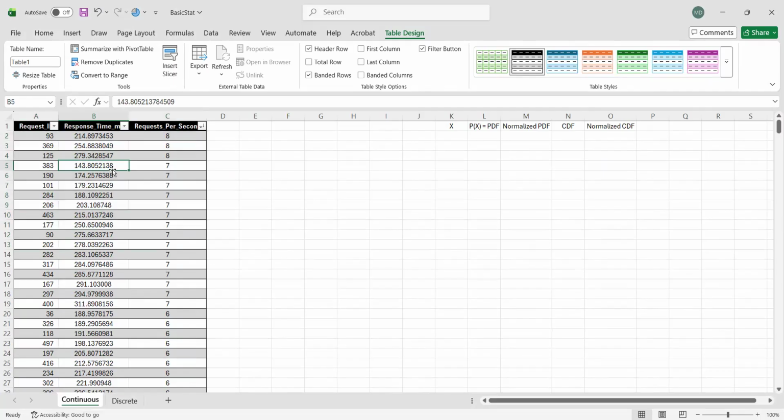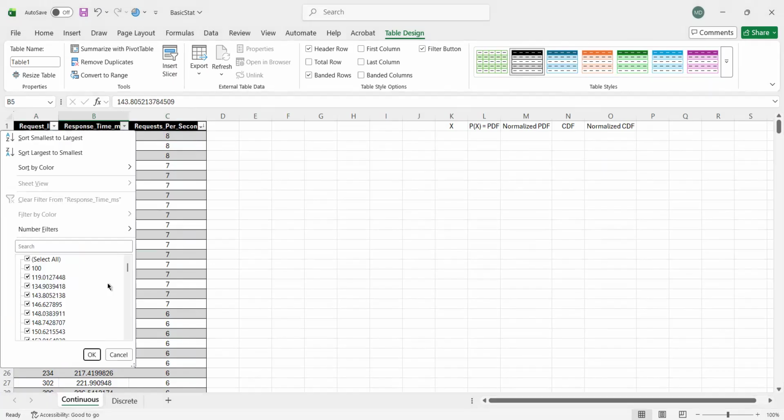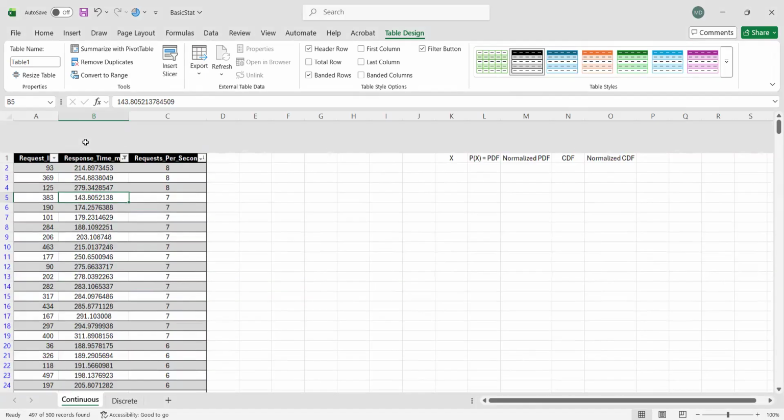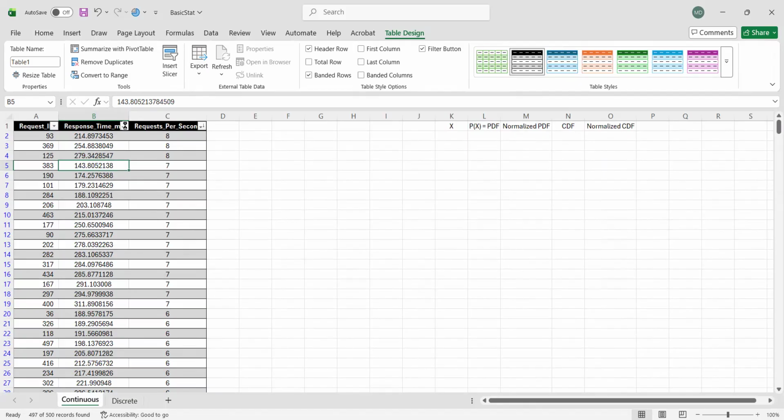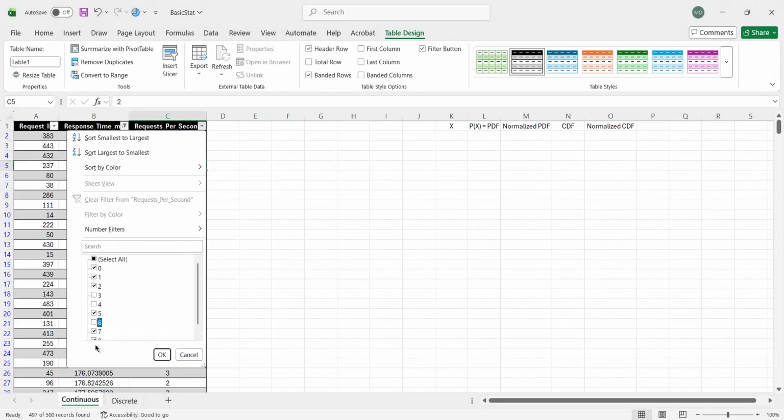You can also organize or remove data. For example, if you don't want anything below 140, everything below 140 can be filtered out. As you can see, we only have these values. And if you sort that, the lowest would be 140 plus, so 143. So that's basically sort and filter. You can filter by unchecking and checking the items here, and there are many other things that you can explore here, right?